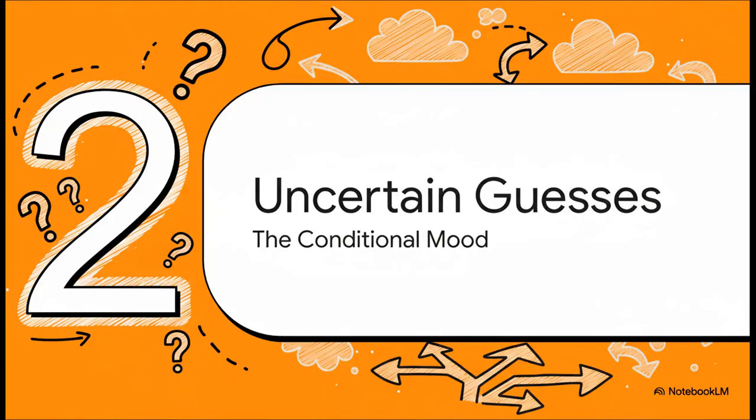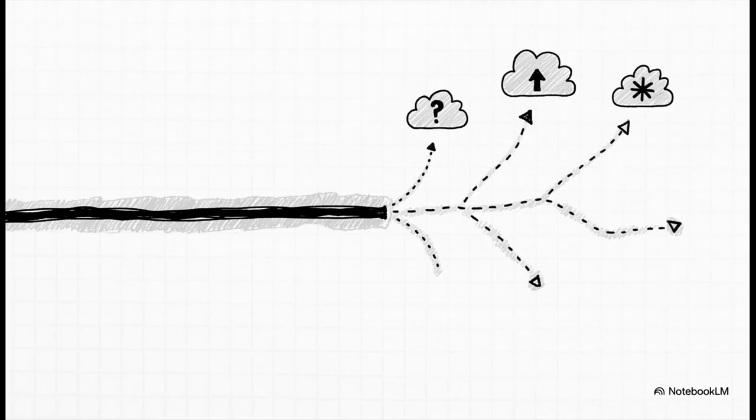All right, let's take a step away from that 100% certainty and wander into the realm of maybe. This is the conditional mood, the language of possibilities and what-ifs. Now, the conditional mood is super easy to spot. The second you drop in a word like may, might, or could into a sentence, boom, you've just shifted from stating a fact to talking about a possibility. You've gone from the indicative to the conditional.